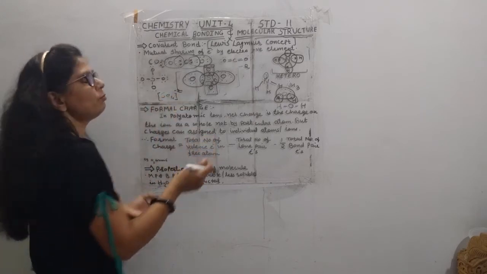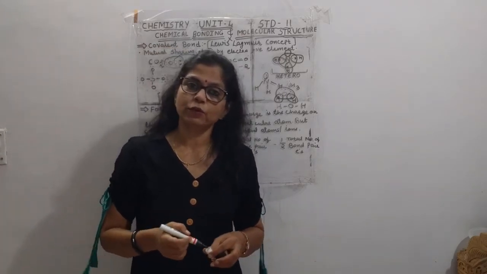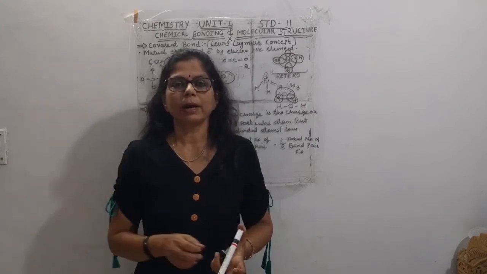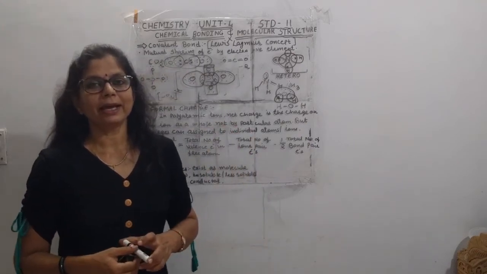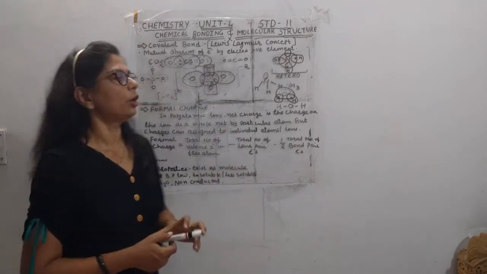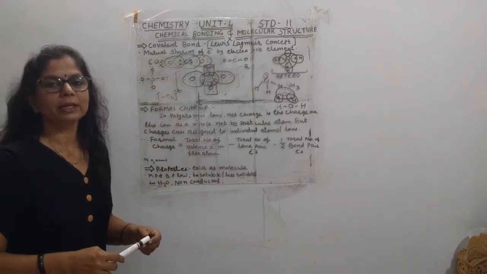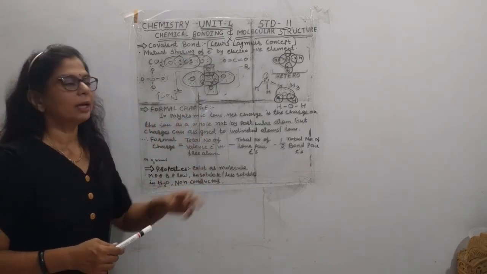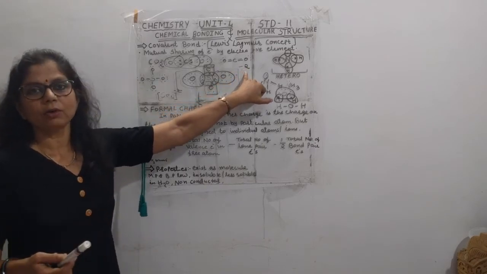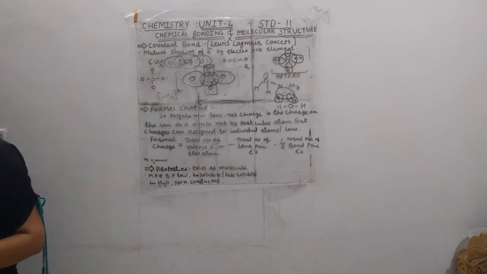In the same way you have one more example, CO3 minus 2, and NH4 plus also. You can draw all these structures by putting the central atom, and if electrons are required but they have then completed their stable structure, then we put the minus charge, and if they have more electrons, then we can put the plus charge.